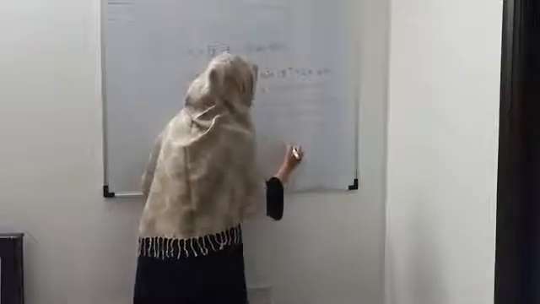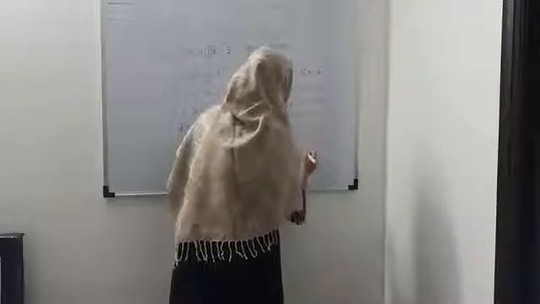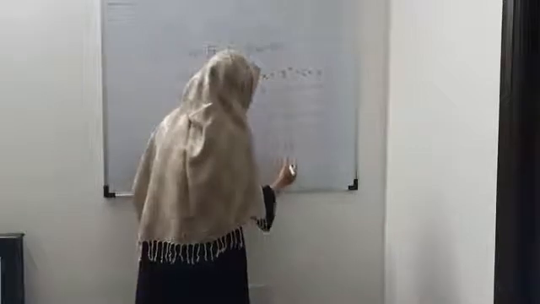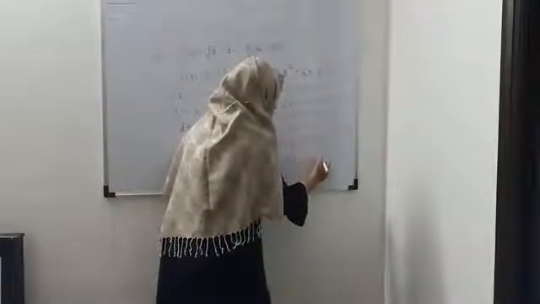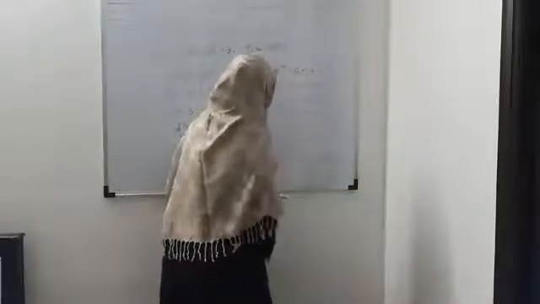So the formula for the quadratic equation: x is minus b plus minus under root of b square minus 4ac upon 2a, right? So what is b? Minus 17. So minus minus plus. Plus minus under root of b square, that is 17 square, minus will be gone because my square is there, minus 4 into a is 1, c is 64, upon 2 into a is 1. Okay. So if you solve that, you will get the answer.